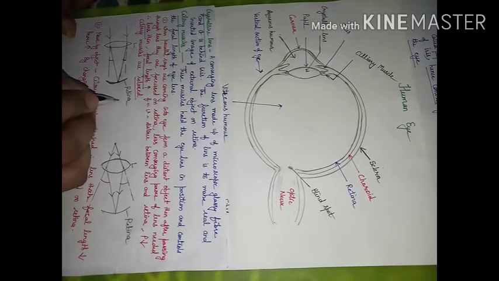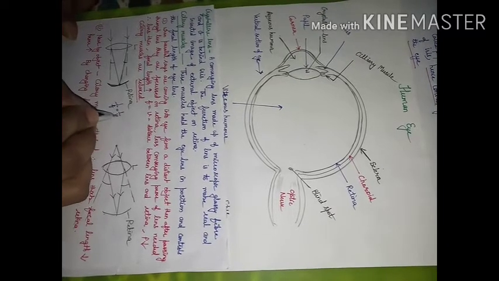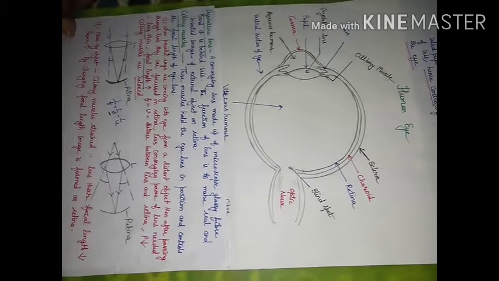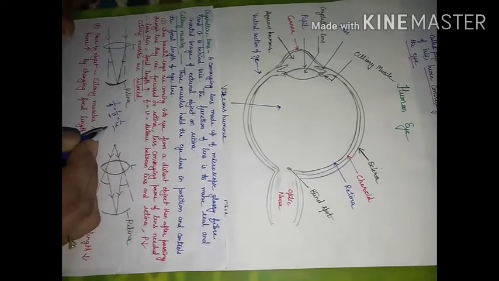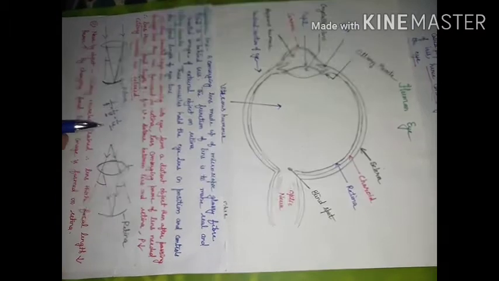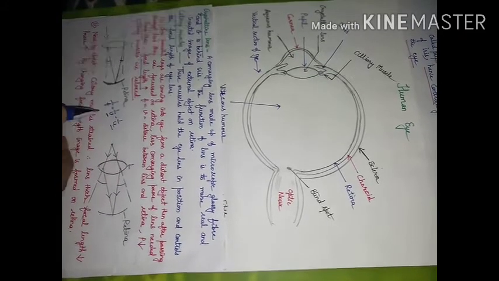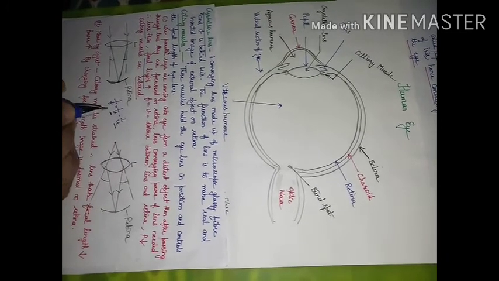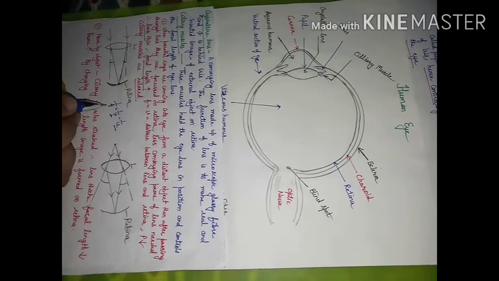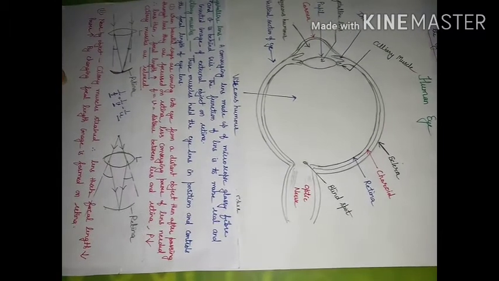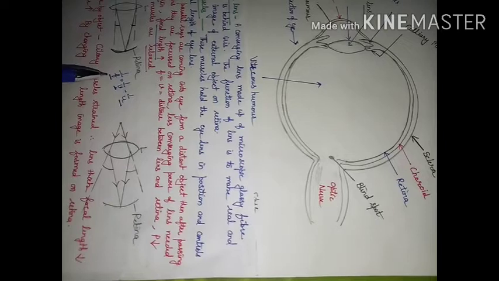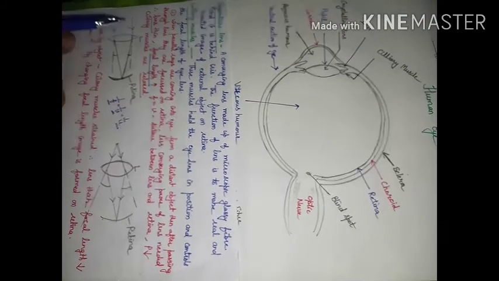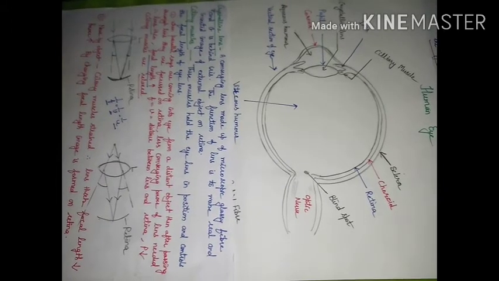So we have relation of lens 1 upon f is equal to 1 upon v minus 1 upon u. V I have to keep fixed. U I can change. Sometimes object can be at a distance, sometimes object can be closer. So I want v to be constant. U is changing. So to keep v constant, what I need? I want to change f. It means focal length of lens I want to be changed as per requirement. So this is a function of ciliary muscles, that they will change the focal length of the lens.